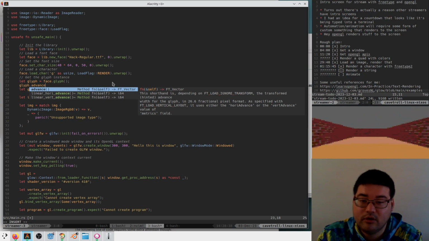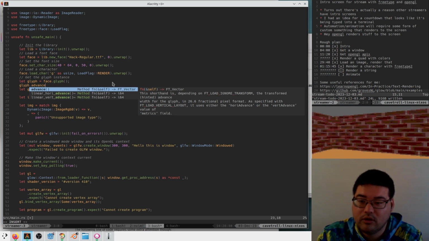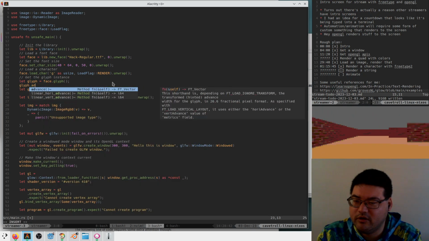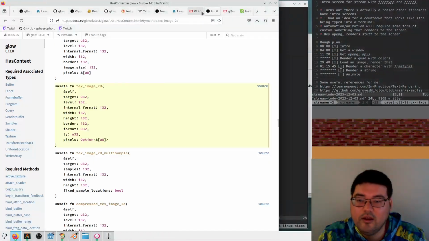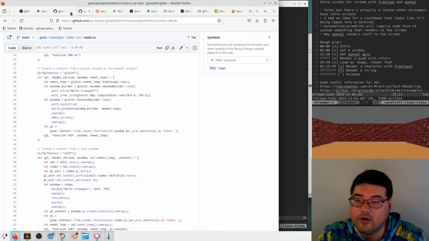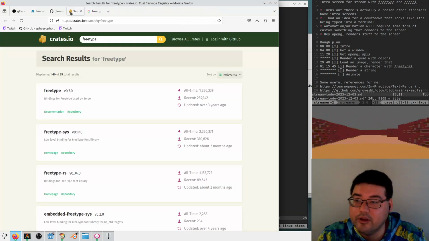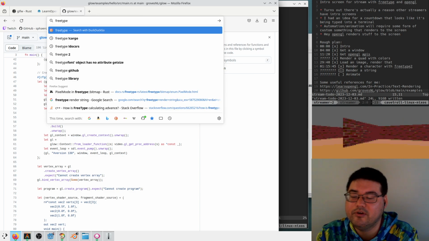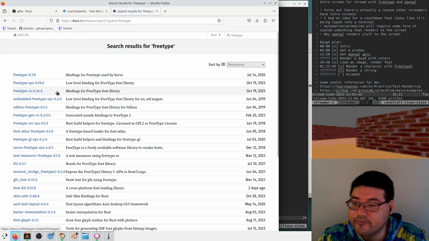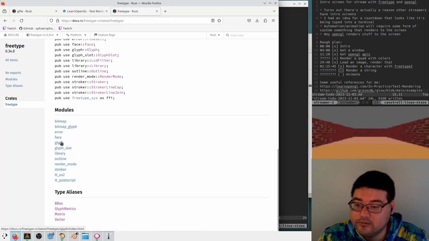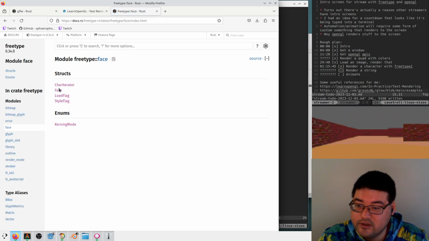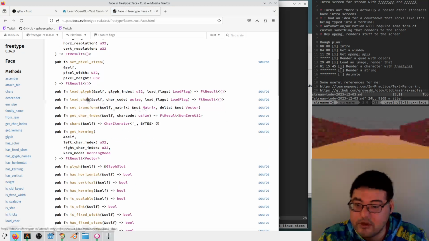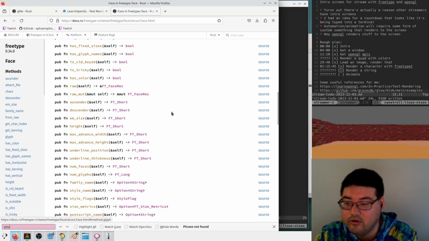Advance. Oh, maybe glyph dot advance. Didn't this say that there was an advance X API? Am I high? Where I've lost it. We'll just reopen it. We'll say freetype docs.rs. And here, face, and then we said load glyph, and then we asked for the glyph,